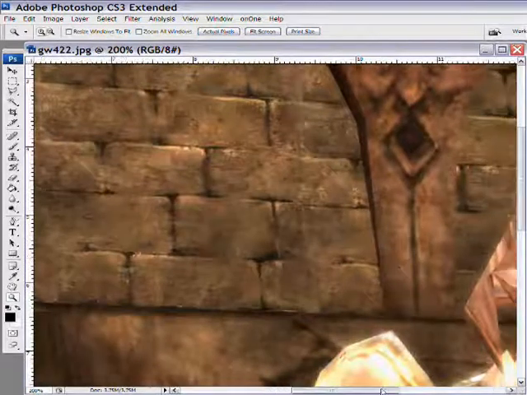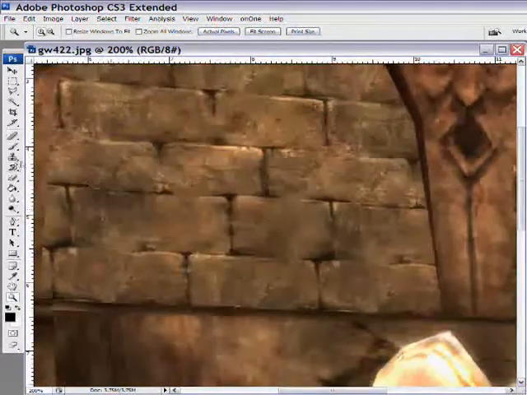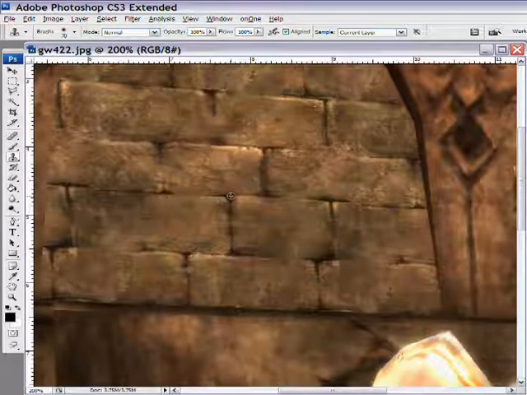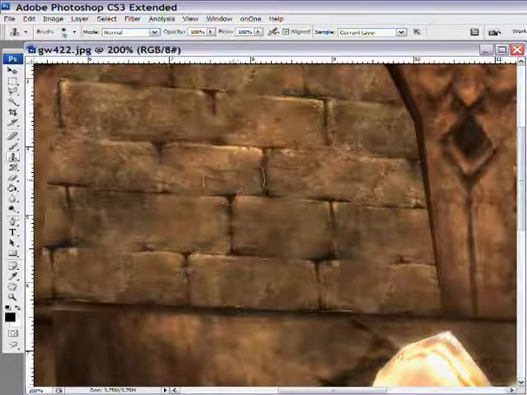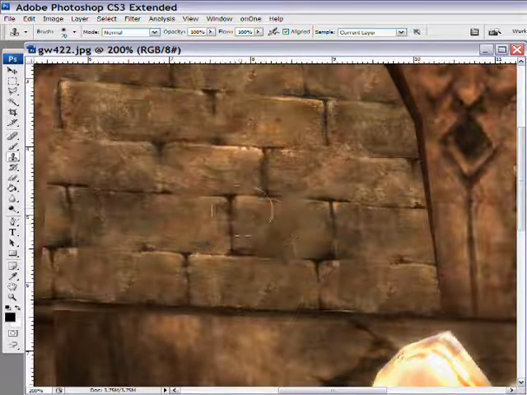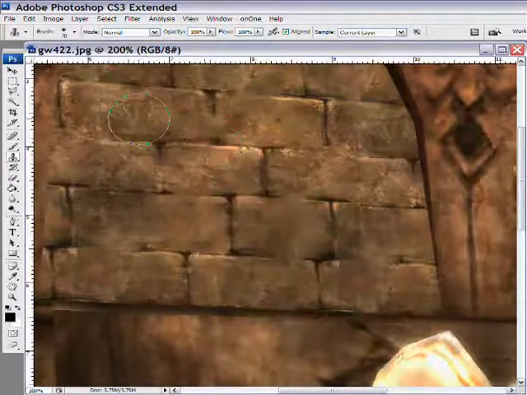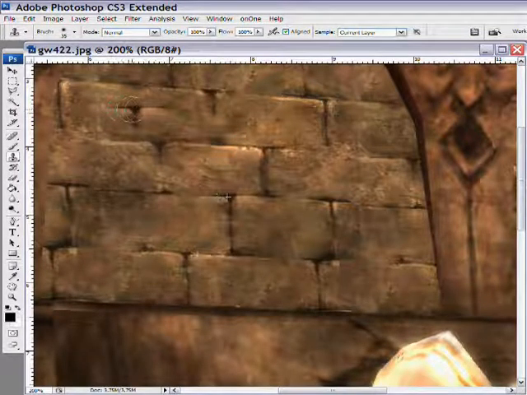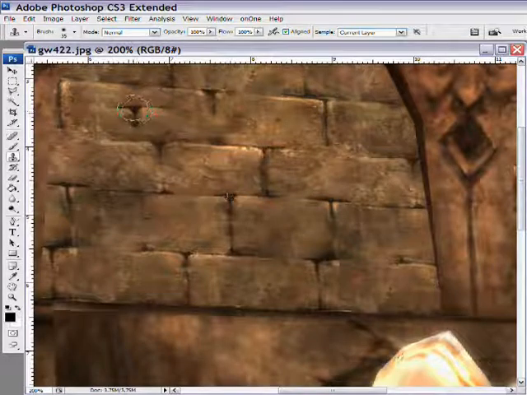Now, what we need to do is use this tool. What you do is you hold down Alt and you click a spot. This is going to be your reference point. So I clicked right here, that little wedge. So what happens now if I start drawing, you see the first thing that appears is that little wedge, and